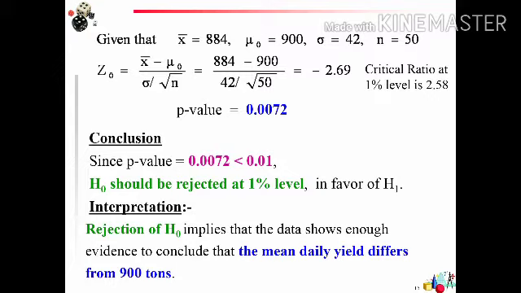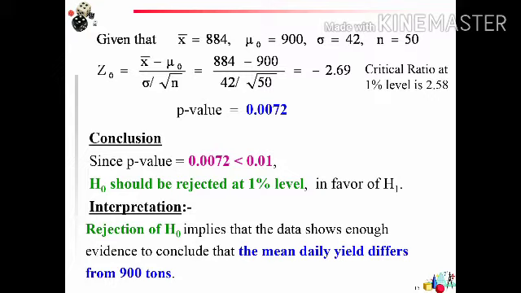So we can say that we reject the null hypothesis at 1% level of significance in favor of H1. Based on the critical ratio, we are taking the positive value of the test statistic. Here the test statistic is 2.69. Any test statistic greater than the critical ratio, we reject the null hypothesis. The positive value of the test statistic is 2.69, which is greater than the critical ratio, so we reject the null